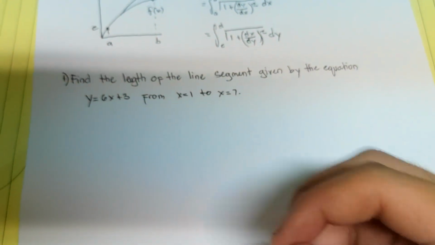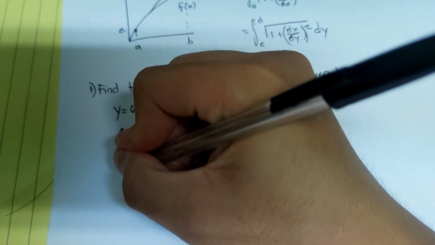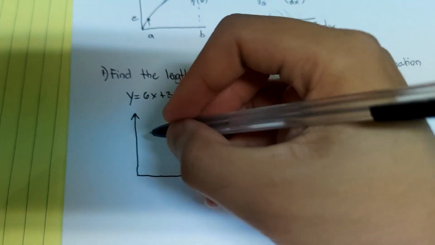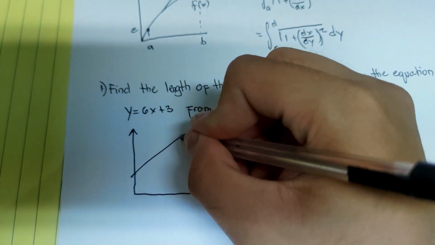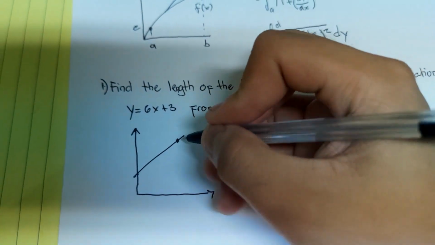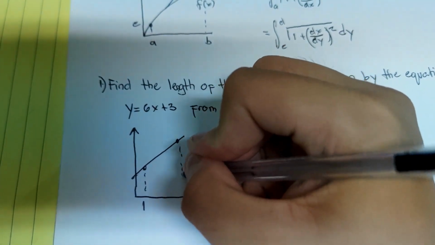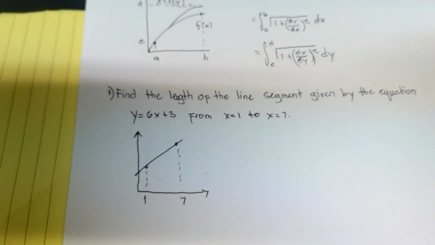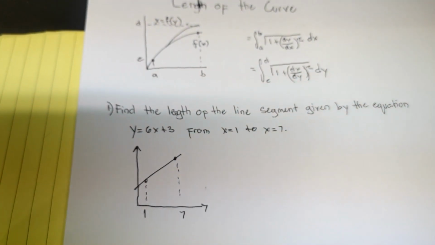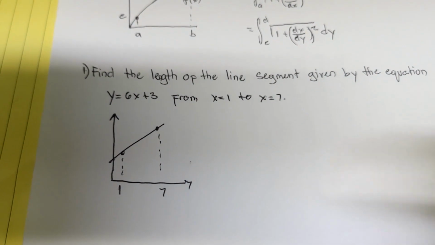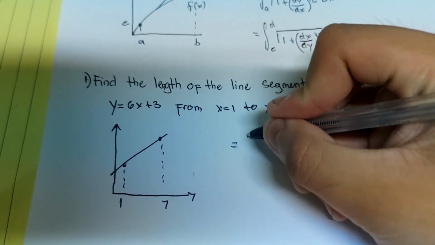So let's draw our function. This will be our limits from 1 to 7. As you can see, we're finding it by x-axis. So the formula that we'll be using is this one,